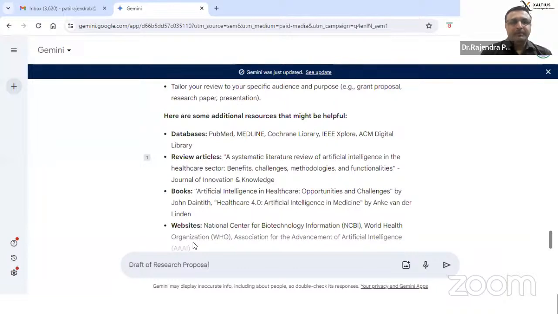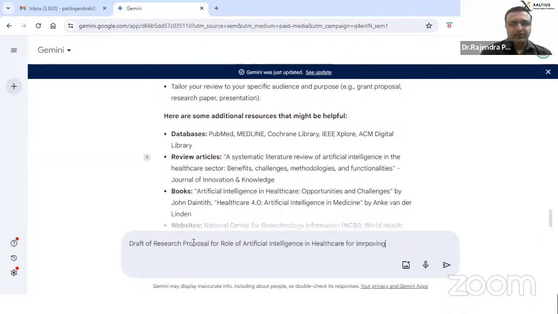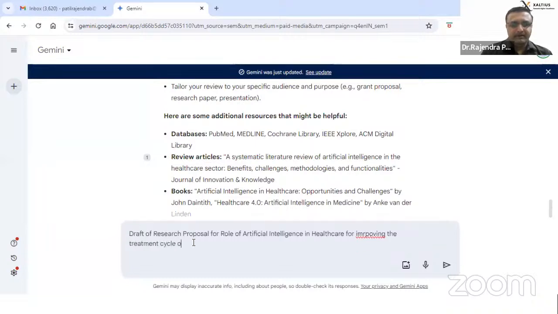People need a draft of a research proposal for the role of artificial intelligence in healthcare for improving the treatment cycle of IVF using machine learning algorithms. Something like this I'm just giving as a prompt.